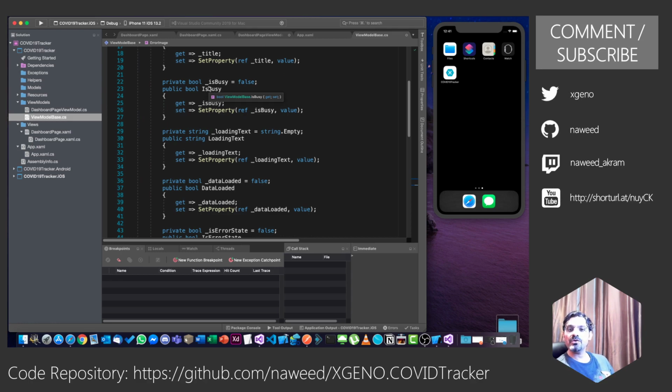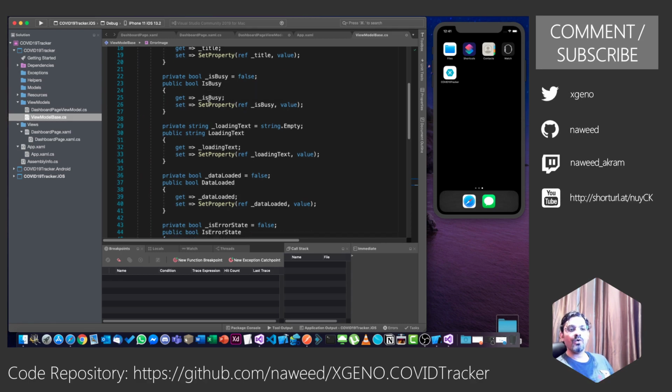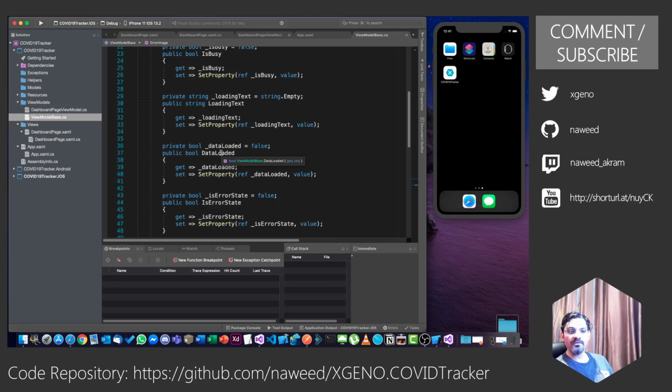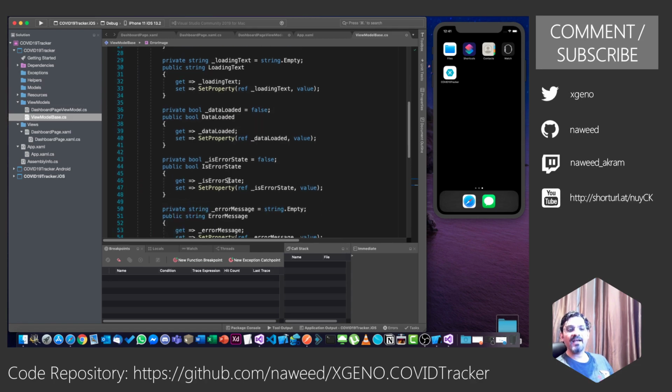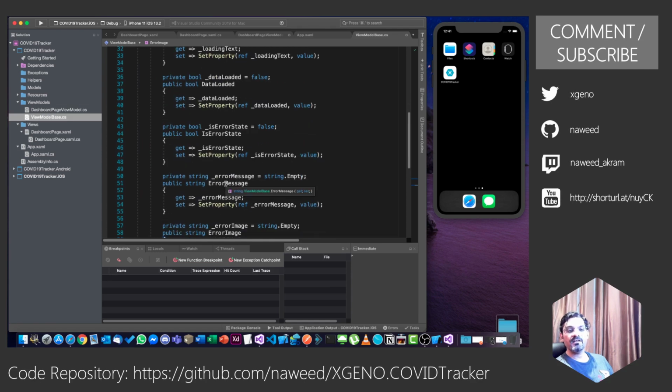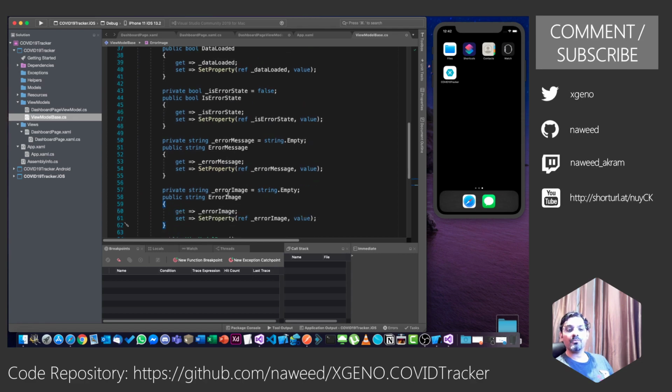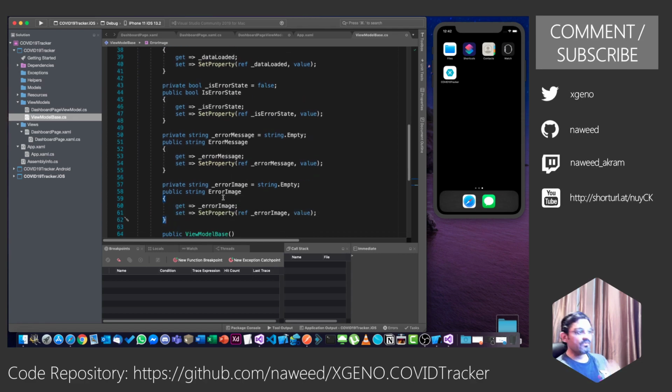Maybe we do not want to show anything, and instead we want to show an error image or an error message. So I have created two separate properties for that: the DataLoaded property and the ErrorState property. And in case of an error message, I can display the actual error message that happened. For example, unable to connect to internet right now, or the server did not respond with this error message, and maybe I want to provide a specific error image. So this is the reason why we have created these common properties, and they are now all going to be available to us in our view models.